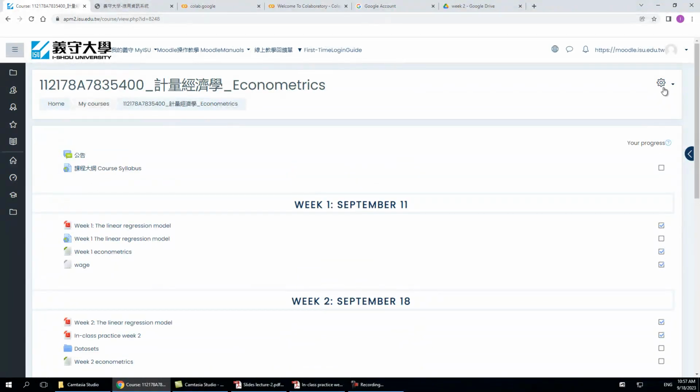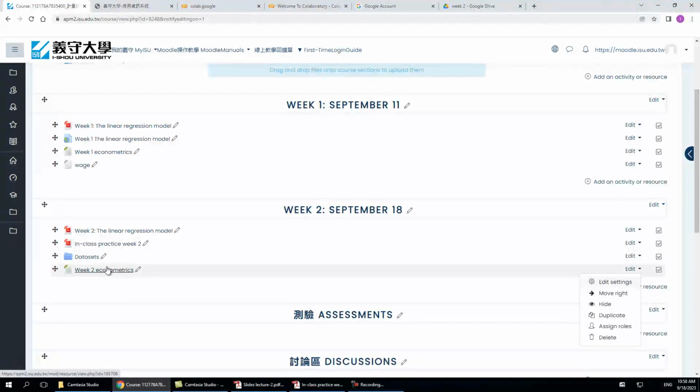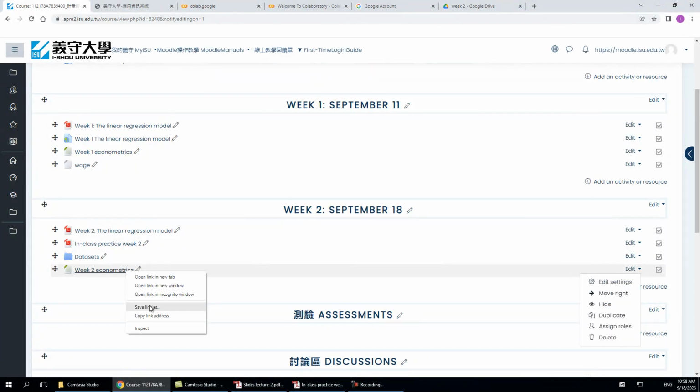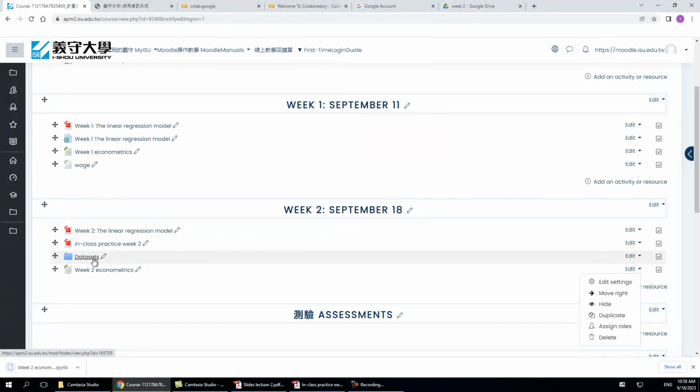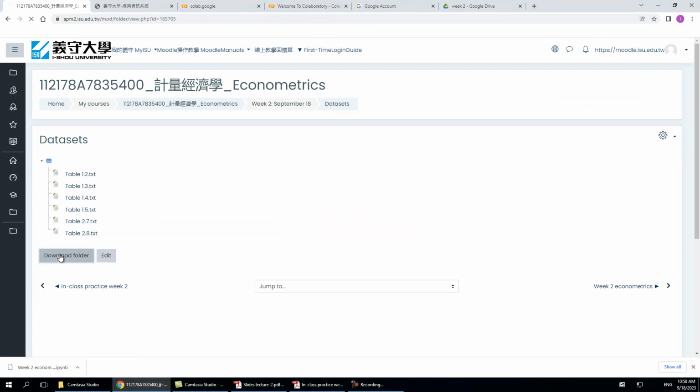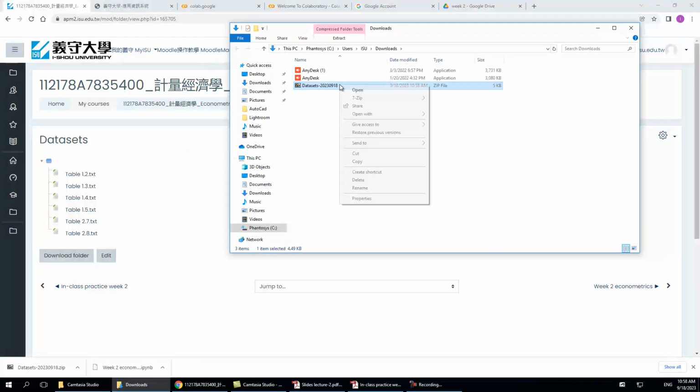So this file is week 2. Right click, save link as, we save this file, and we will also need the datasets folder. We download them and extract